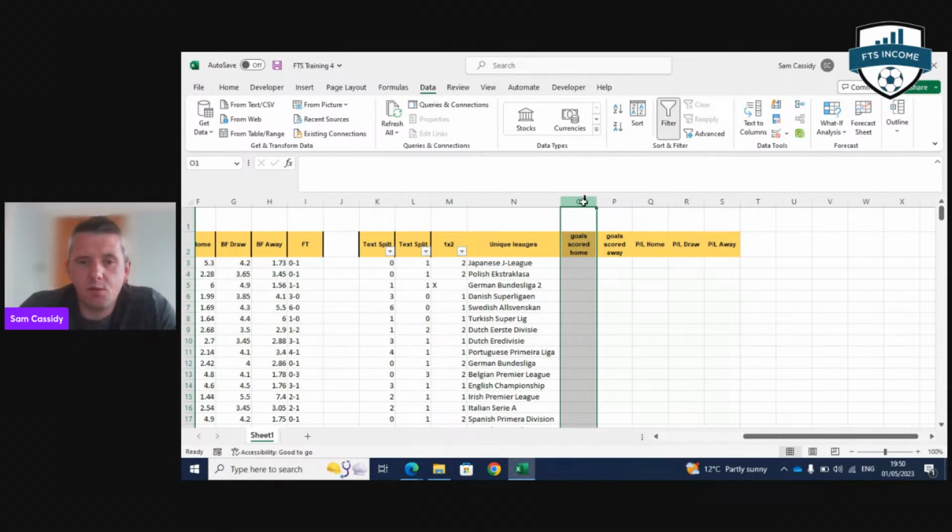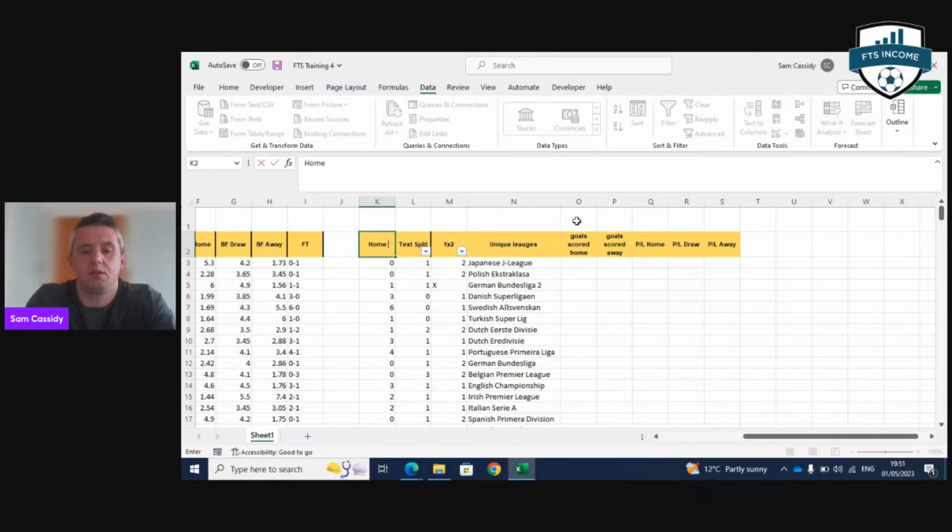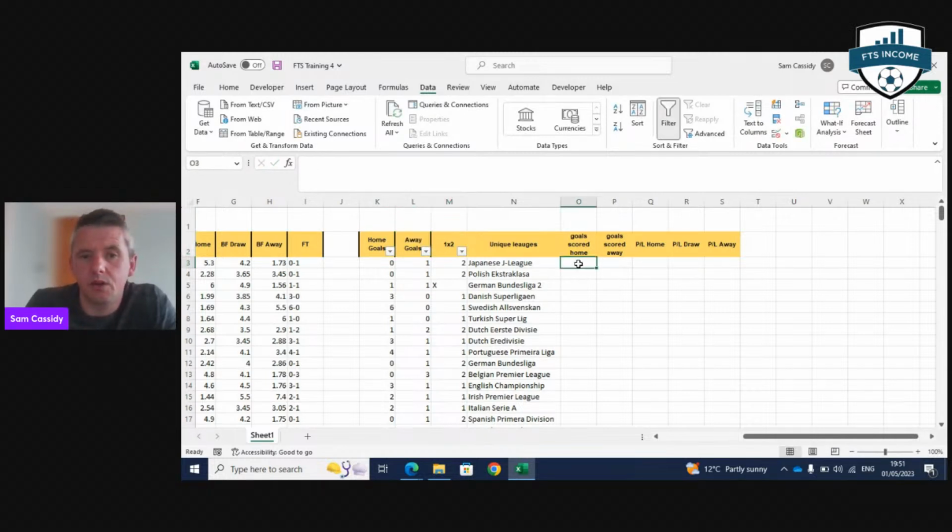So if anyone can remember that, we want to count the number of occurrences that the Japanese J League is in this home goals scored column. Okay, so if we change that now to away goals. Okay, so if you remember, we're going to go equals